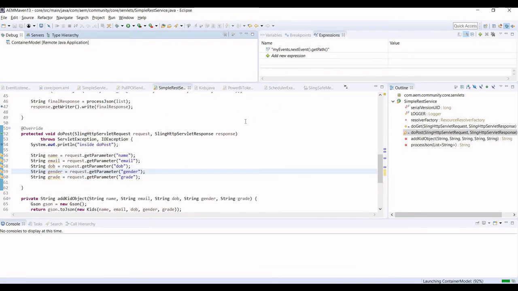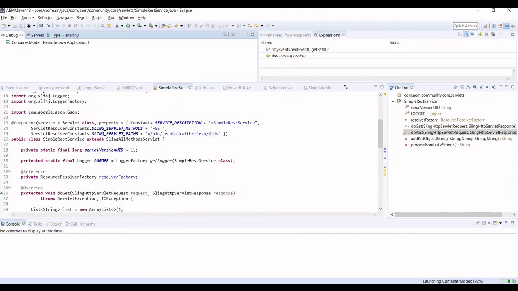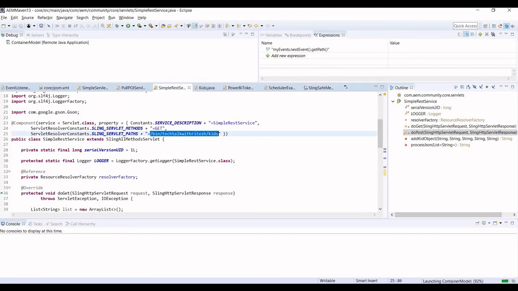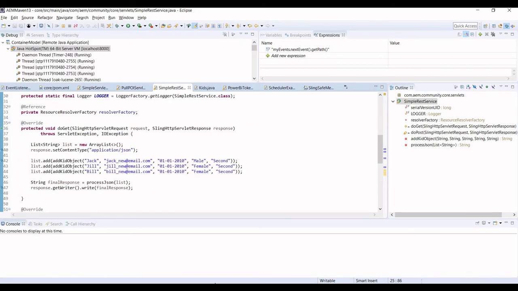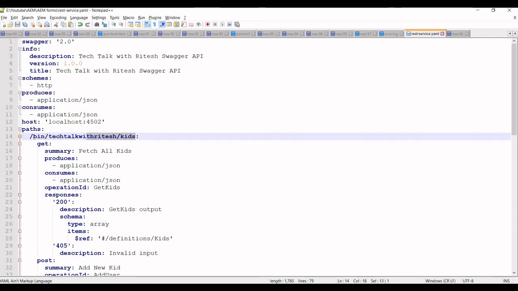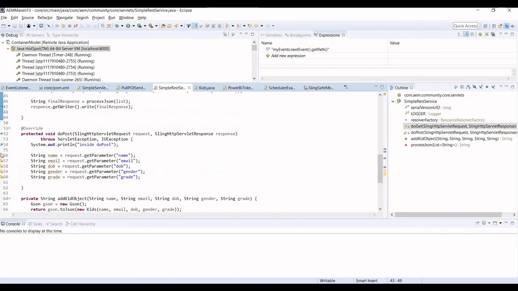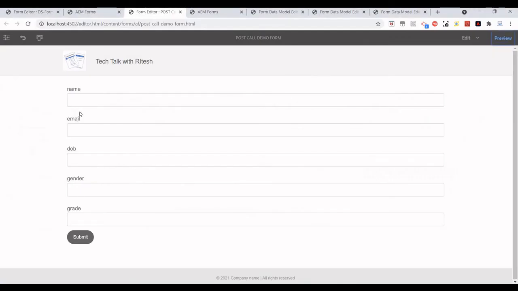Within my servlet, which is registered on this path, the same path I have configured in that REST service. So this will be invoked, and since it's a post call, the execution will come here. Let me fill in the information.